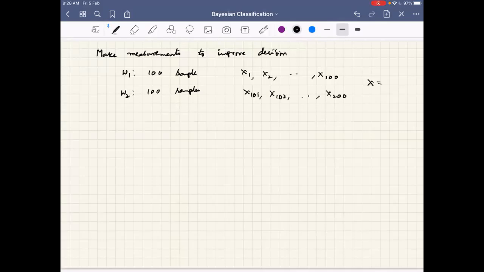Even though I'm writing x here, please see the distinction between small x and capital X. Each capital X has all the small x, x1 to xd. For simplicity of notation, I'm writing like this, both sample index and feature index. But please make note of the capitals and smalls. Even in your exam papers or whenever you write assignments, please keep the notation correct, it is very important. I should be able to distinguish whether it is a sample or a feature. Okay, fine, so now I have this.